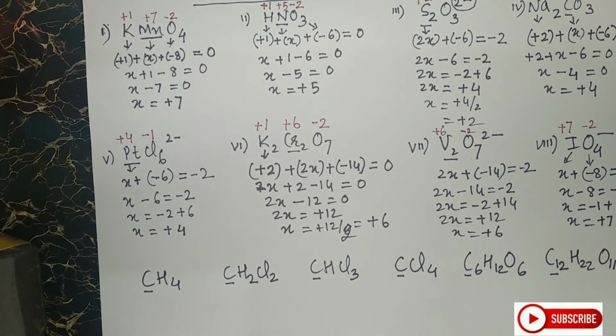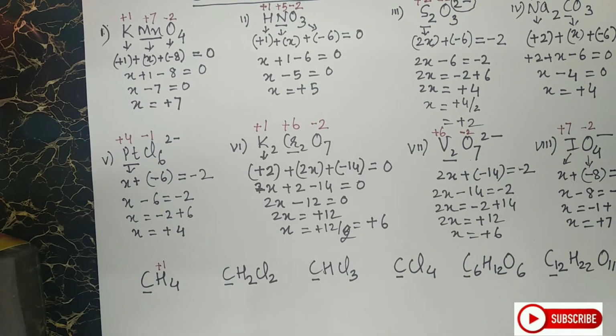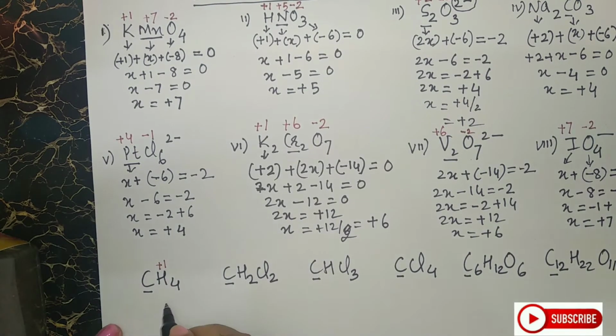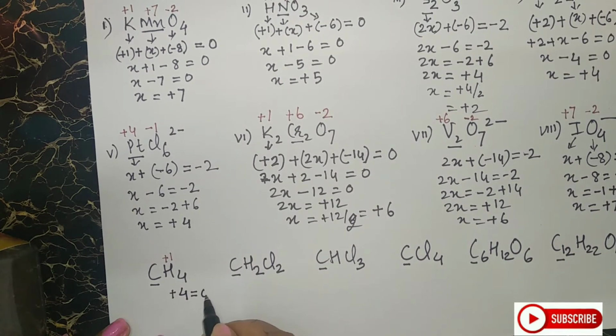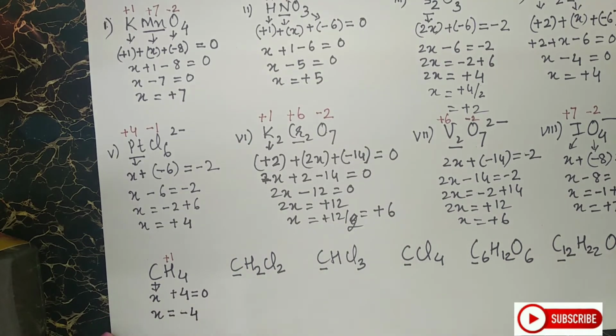So let us start. Here, hydrogen, as I said, is attached to your right hand side, but it is an electropositive species. So I will mark this hydrogen as +1. So in the molecule, how much will this be, student? It will be +4. So the total will be 0 because the molecule is neutral. So what will be here is X. So what is X? X is equal to -4.